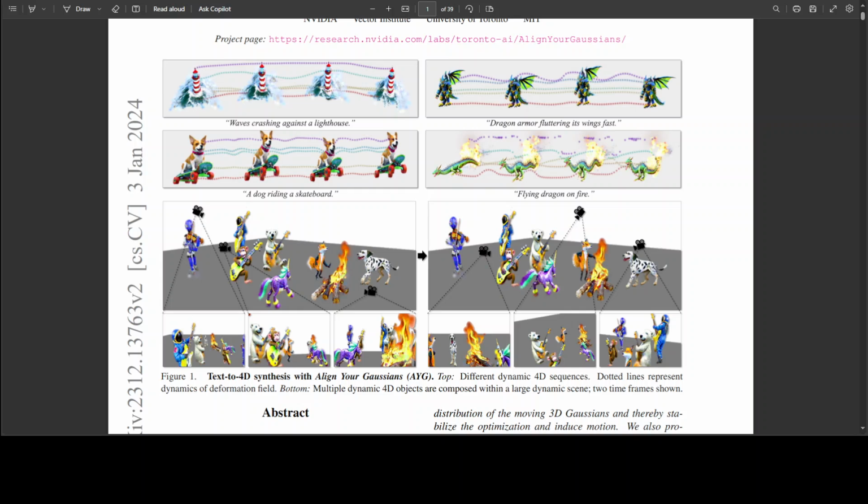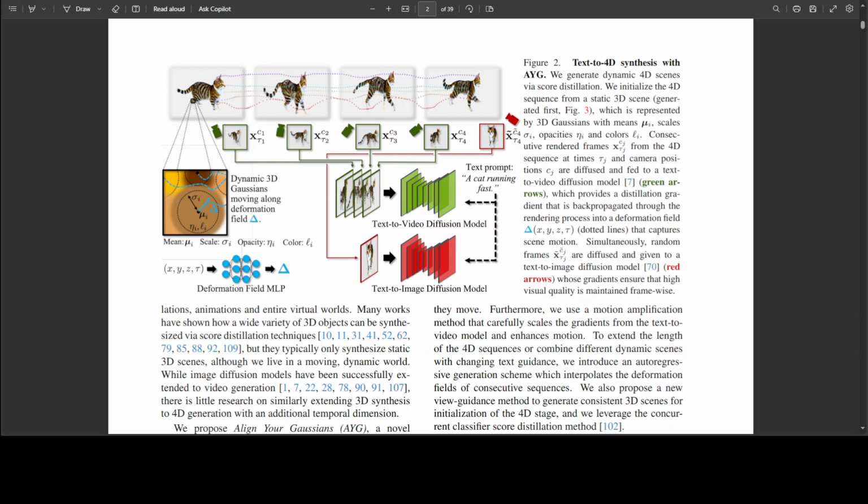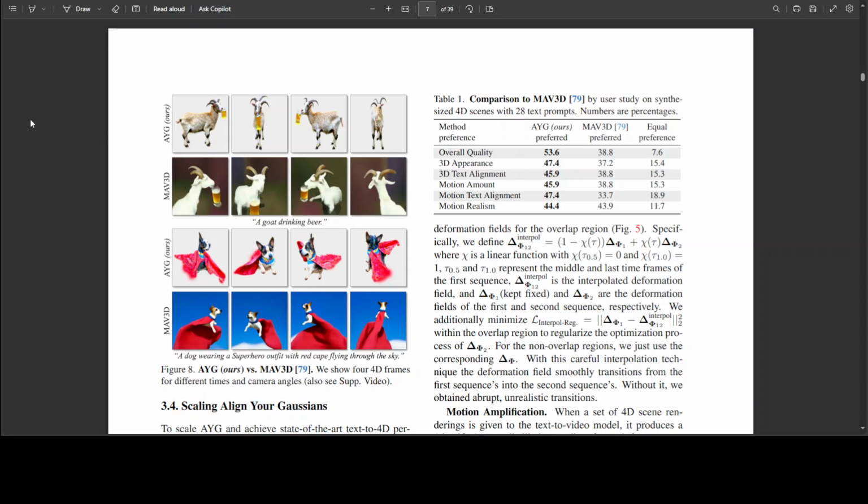There are two stages or steps to this solution. The first stage generates a static 3D scene using text-guided multi-view diffusion models, and the second stage introduces dynamics to this static scene through a deformation field. Both methods are based on variants of score distillation sampling, SDS, and the 4D dynamic scene is represented as Gaussian point clouds. The method combines text-to-image, text-to-video, and 3D aware multi-view image diffusion models to provide feedback during 4D object